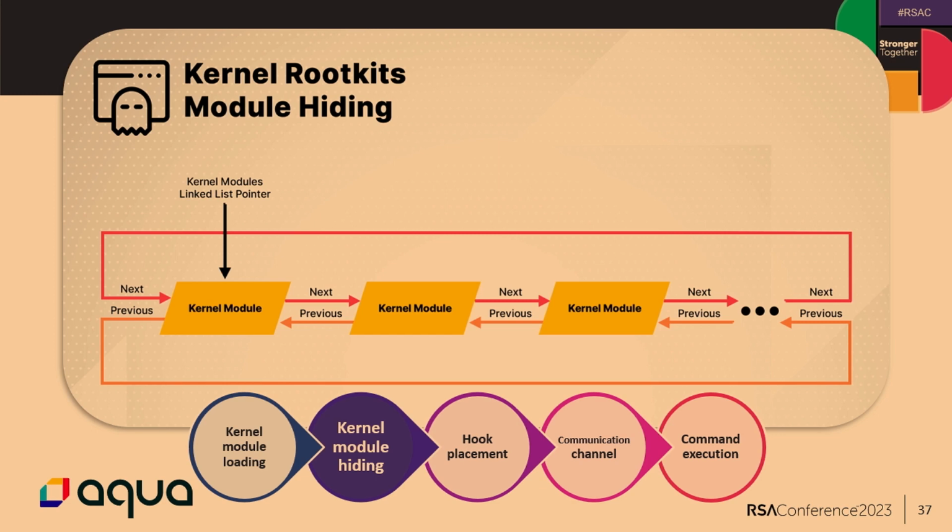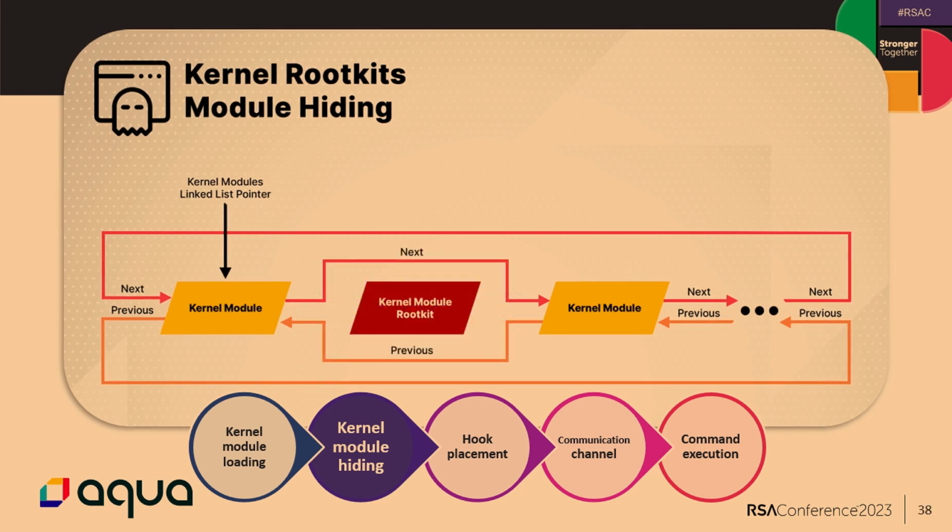So all an attacker needs to do is just detach itself from this doubly linked list. It's still loaded into memory, but now if I use the lsmod command, I'm not going to get it. And also some security tools that use this doubly linked list won't be able to say that this module is loaded. So what we did, there are actually three data structures in the kernel that hold copies of this type of information. And we created an event that happens periodically. And every time this event occurs, we check all those three data structures. And if we find any discrepancy, it means that someone is trying to hide itself.